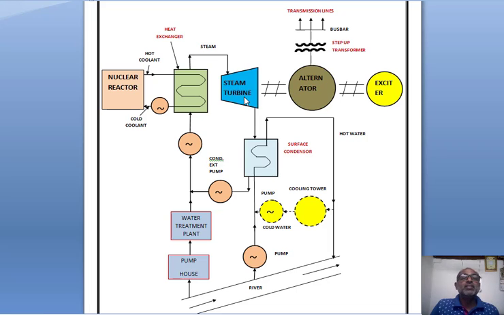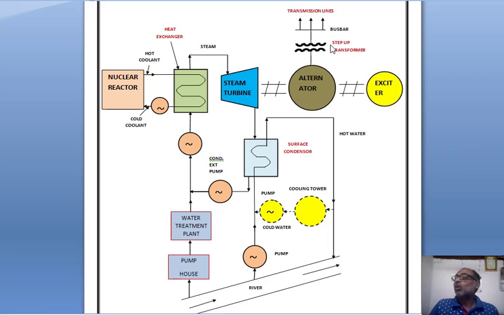Second, one alternator is mechanically coupled with this steam turbine. So the alternator converts mechanical energy into electrical energy. Now here we are using a step-up transformer, which steps up the voltage required for the transmission line. Whatever voltage is produced by this alternator is stepped up to the transmission voltage by using this step-up transformer. This transformer is connected to the alternator and transmission line through a circuit breaker and isolator.